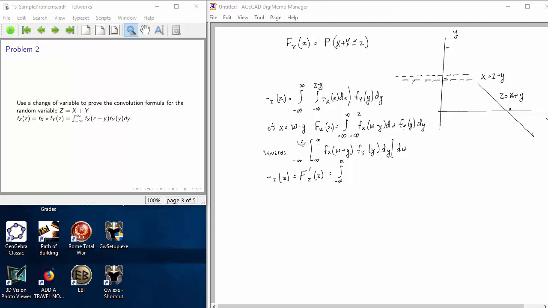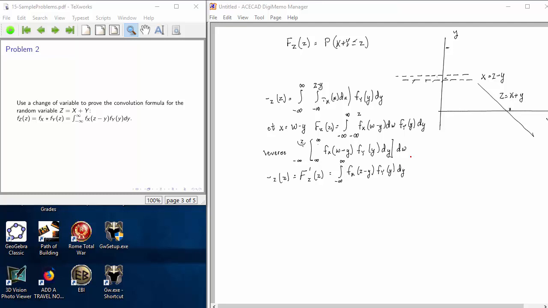So what's the derivative of this with respect to z? It is the inner integral evaluated at the upper limit of integration, which means I replace the variable of integration w by the constant z,